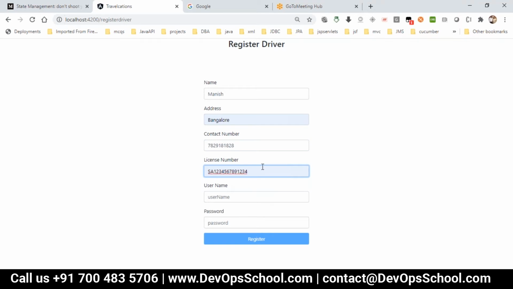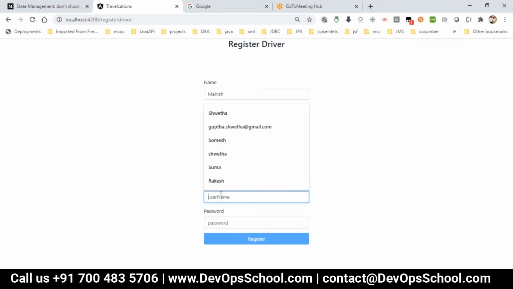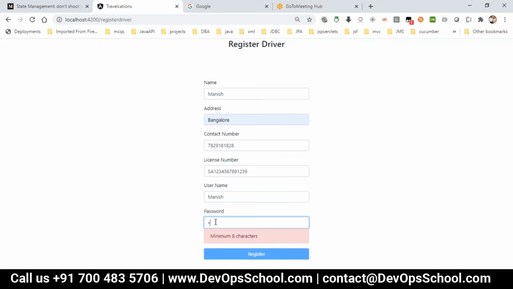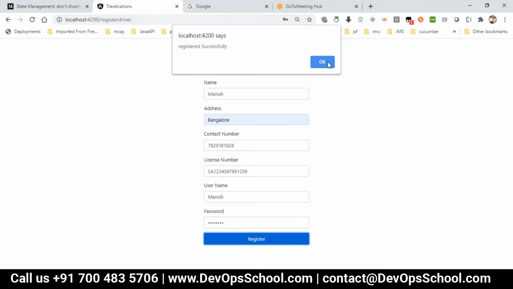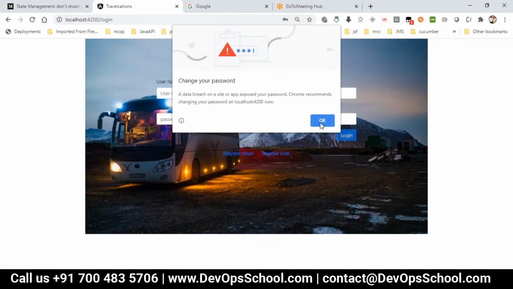The license number has a format. So there is one driver registered successfully.